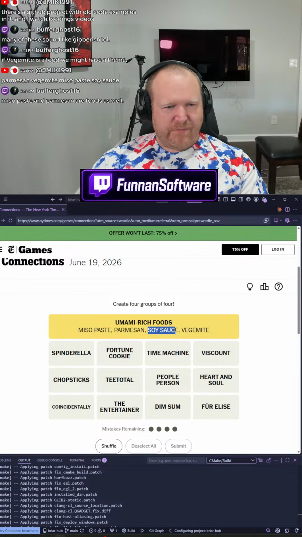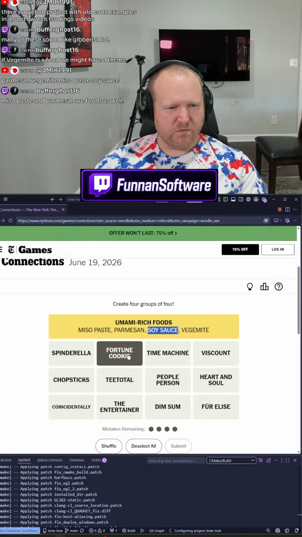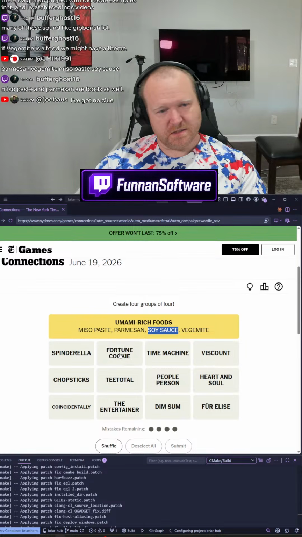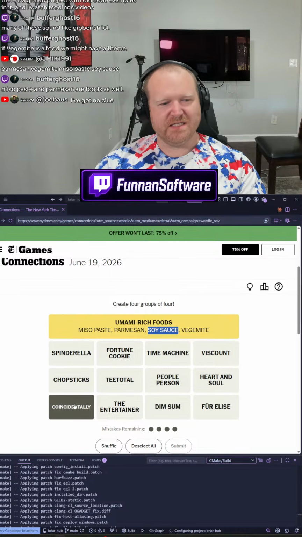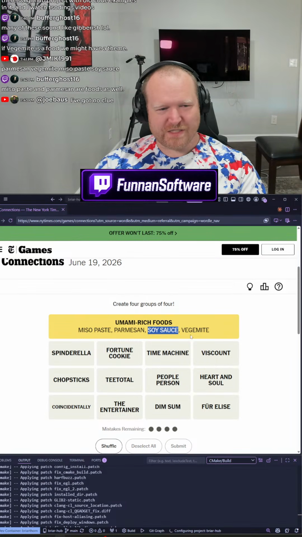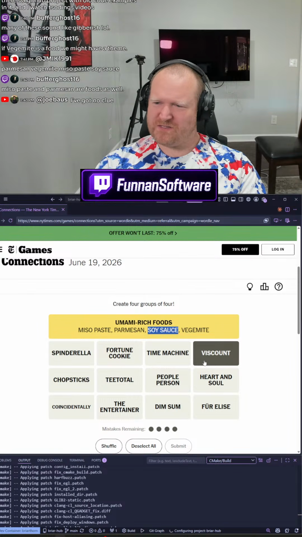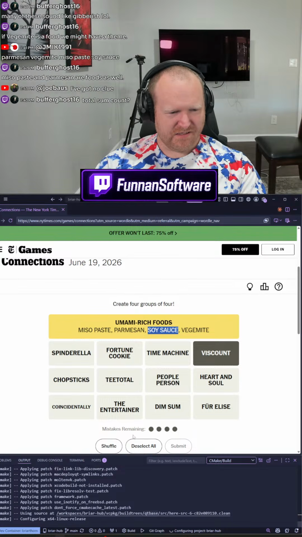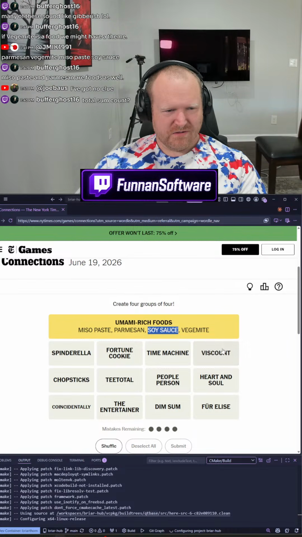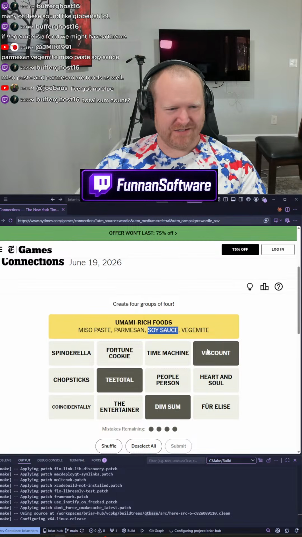Okay, so that goes my idea about the Asian theme. Fortune cookie is something you get. Heart and soul. Coincidentally, I'm just trying to find two words that go together. Viscount. What is viscount? What are they saying? I do not understand. Total sum discount.